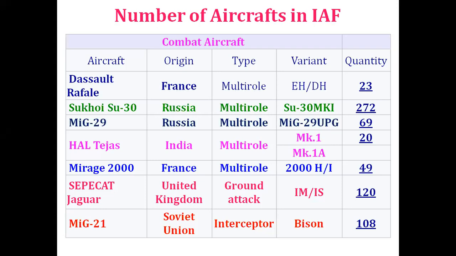But the last column tells you how many such aircraft are currently in service. That is the important point. The column called quantity. Till date 23 Rafales have been delivered. There are 272 Sukhois in service for the Indian Air Force and Indian Navy. MiG-29, there are 69. 20 HAL Tejas are serving the Indian Air Force. Its Navy version is